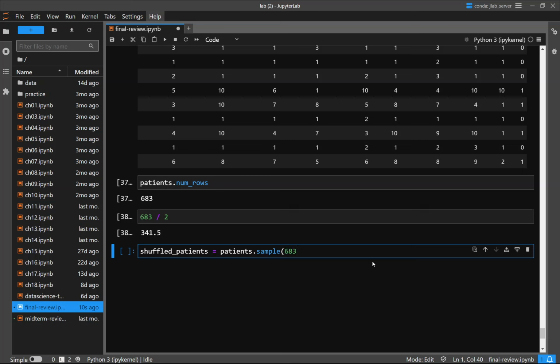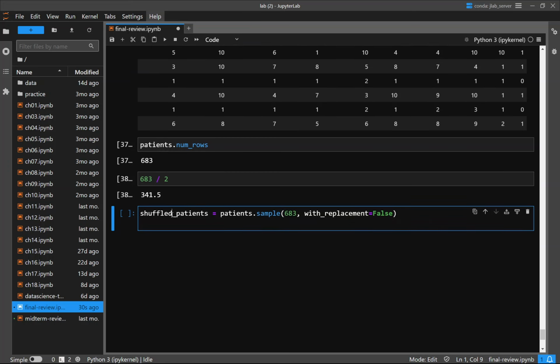Or I could say patients.num_rows, with replacement equals false. And honestly, 683 is a default, just like with replacement equals false, I could have said. But I'm spelling it out. Take them all with replacement equals false. And I can split this shuffled patients table into a training set equals something and a test